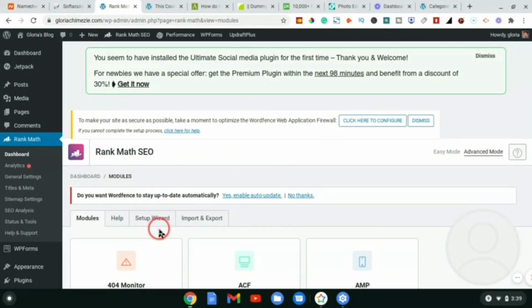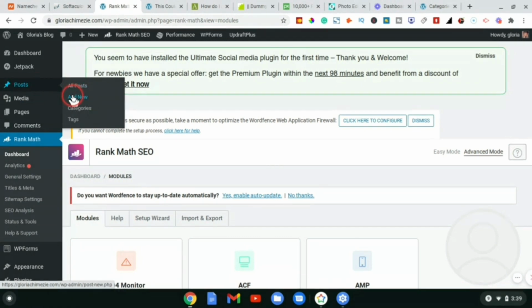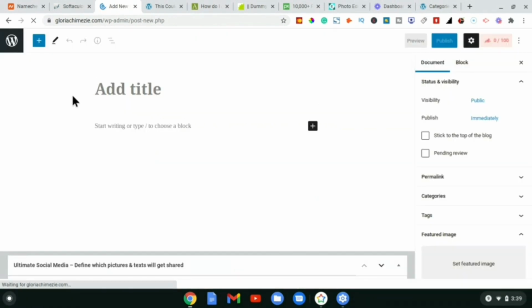So to see RankMath in action, I'm going to actually create a new post. So in this post, I'm actually going to target a particular keyword to rank it on search engines. So let's say the keyword I want to target is web design software. So I'm going to write